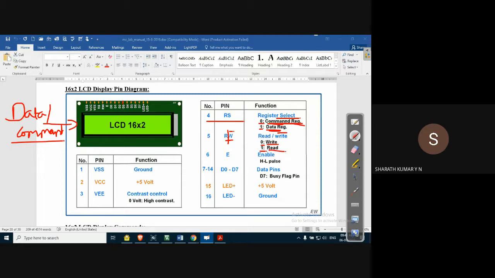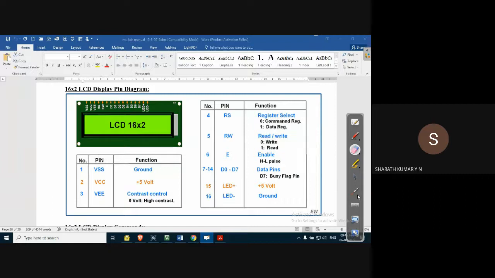Because this is ultimately connected to the microcontroller, the 8051 can write data into the LCD display, or it can read data from the LCD display. For writing, pin number 5 should be 0. To read data from the LCD display, the pin should be connected to logic 1.